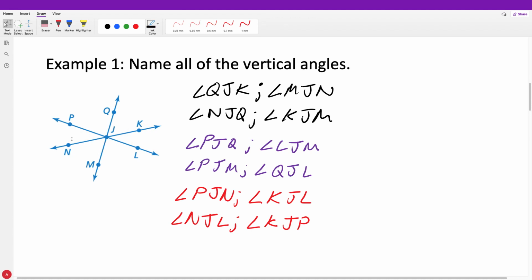All right, so it's important for you to be able to see that sometimes we will have a little bit harder looking ones, and we have to kind of think about all the different ways that we can look at this. But the main thing is, remember, vertical angles are formed when two lines intersect. So if we ever have trouble, just try and identify the two lines that are intersecting, and then we can focus on just those two lines. Like that's why I was highlighting here, where I was highlighting the lines that we're focusing on. So now it allows me to just focus on those ones and kind of forget about that blue line that